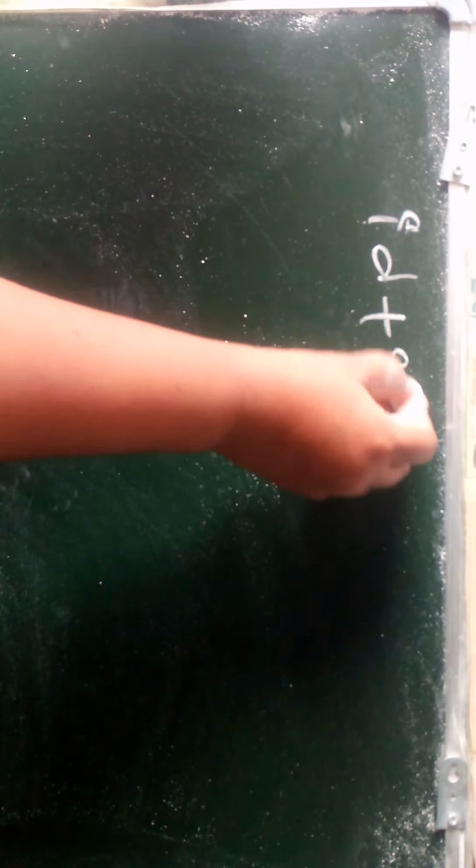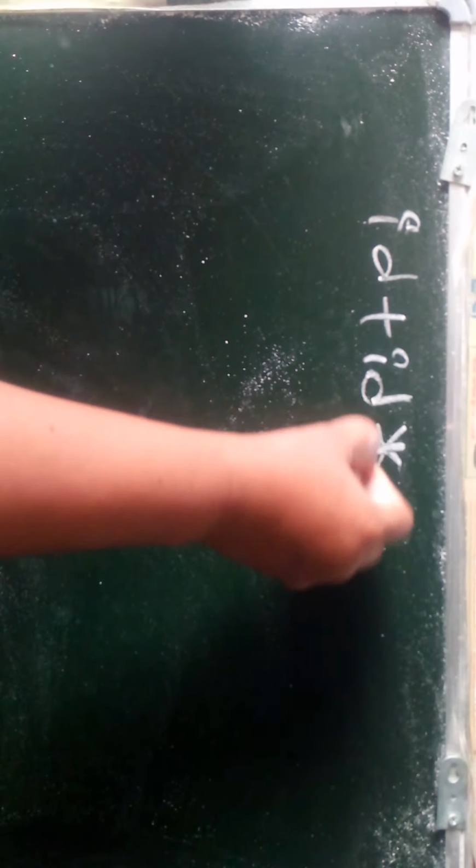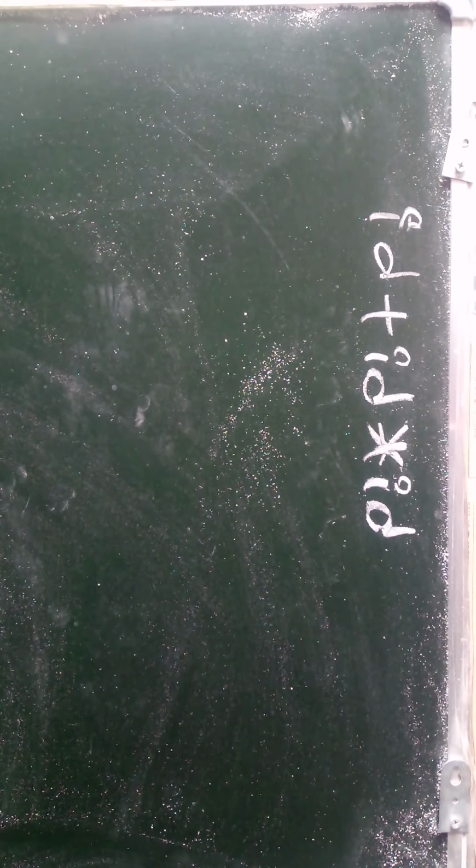We have some steps to follow to solve the problem. So first, we take a problem: what do you mean by operator precedence grammar? With the help of the following grammar, parse the input string. The string is ID plus ID into ID. So this is the grammar and the input string to parse.